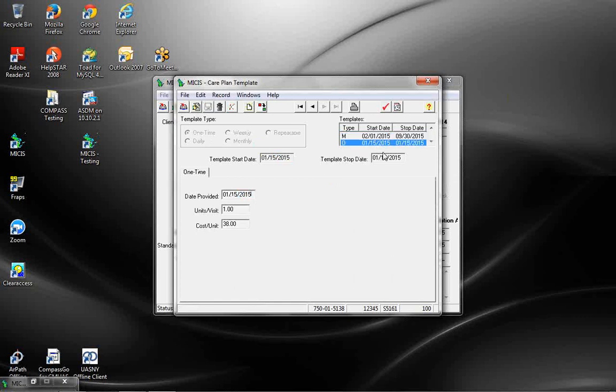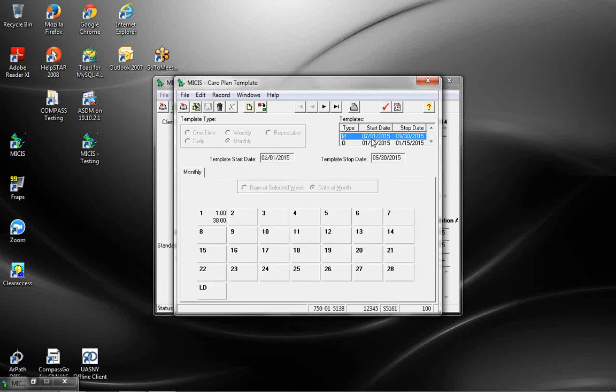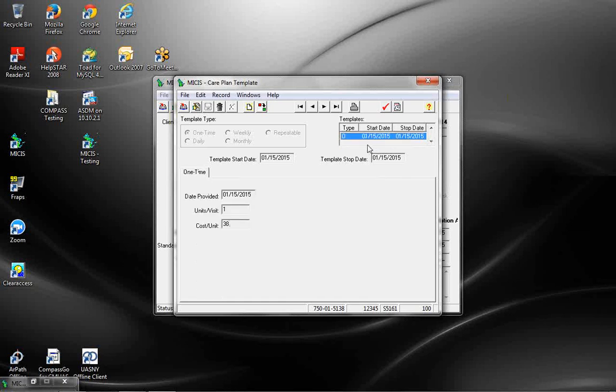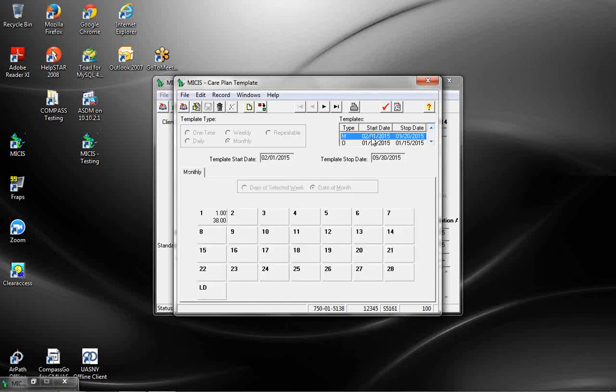So you could do that, and then you would have set up the ongoing. I'm going to start that February 1st, but I'm going to put a one-time only for the month of January, because I need to. For these monthly services, we do not recommend you use the last day of the month or some middle day in the month, because they're a monthly service, and even if they're there on the 1st of the month and then they pull the box out, you still have to pay for the 1st of the month. And if the person,